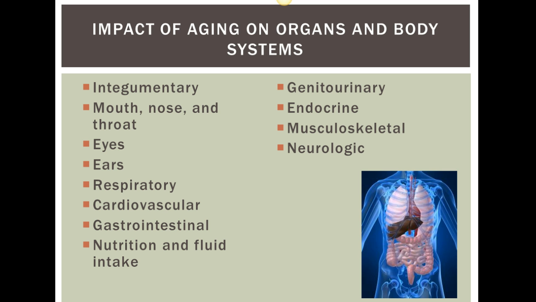Endocrine: often patients complain of fatigue. With musculoskeletal, there's a loss of muscle mass and joint wear and tear. Neurologically, there's a reduction in reaction time, learning, and short-term memory. This is caused by impulses that are slowed with aging. Going back to skin and the loss of skin elasticity and subcutaneous tissue, I'd also like to identify that tenting is not an accurate assessment of dehydration in older adults due to altered skin elasticity.